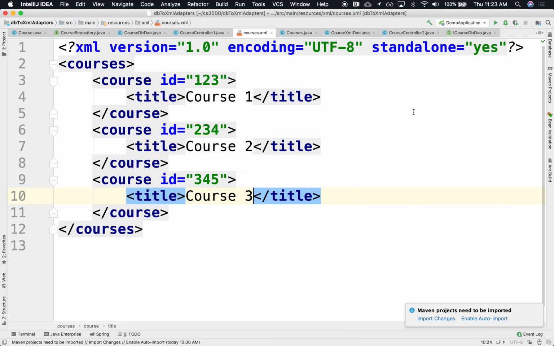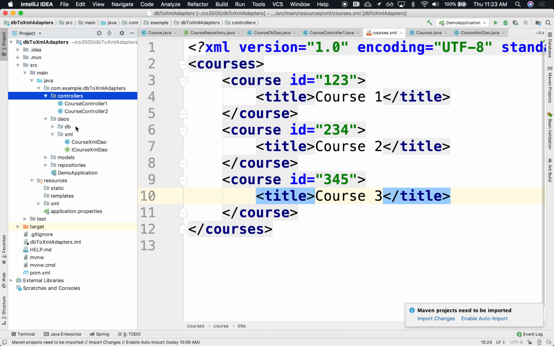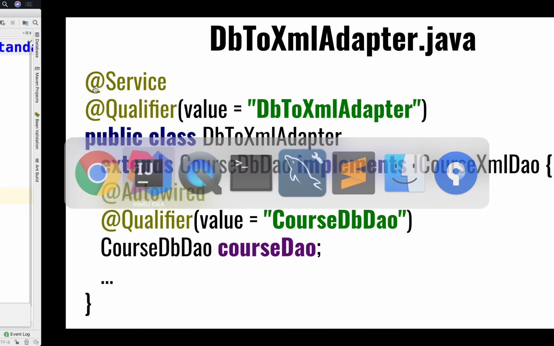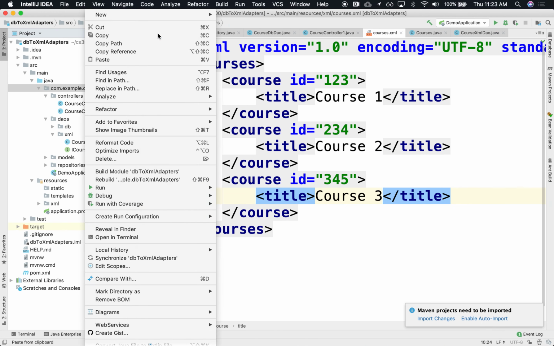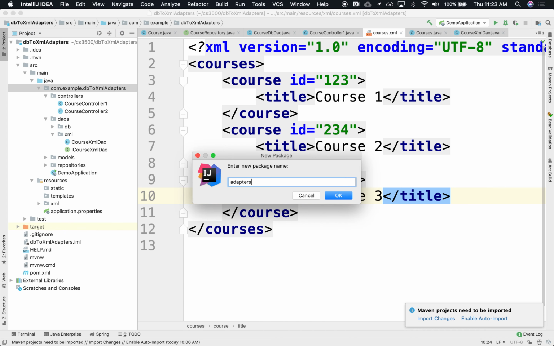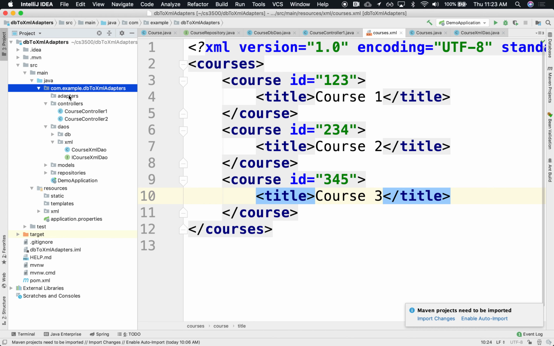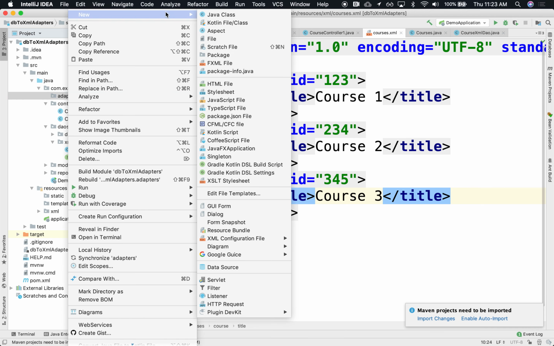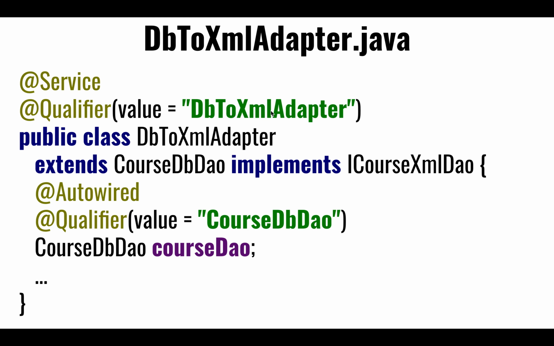So in here, we'll create a new package. We'll call it adapters. And we'll have two adapters. One of them is going to be